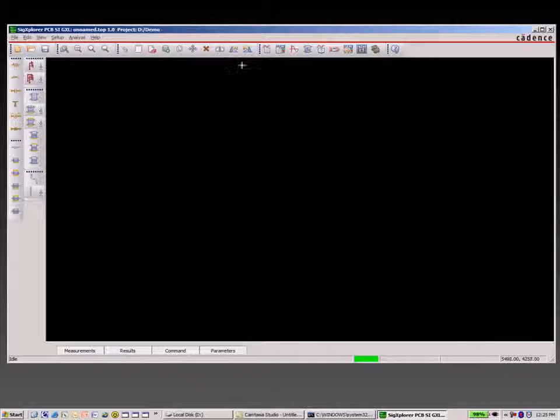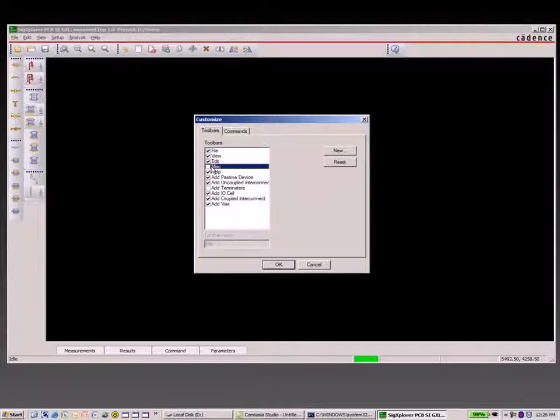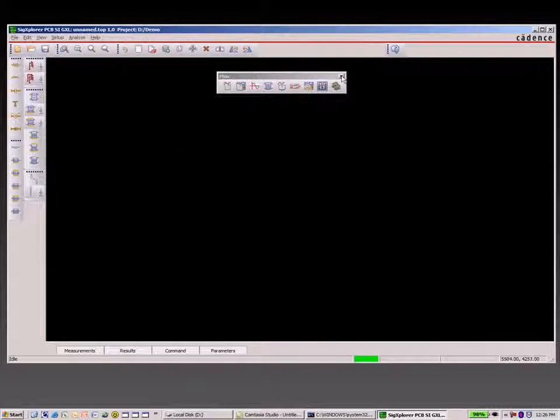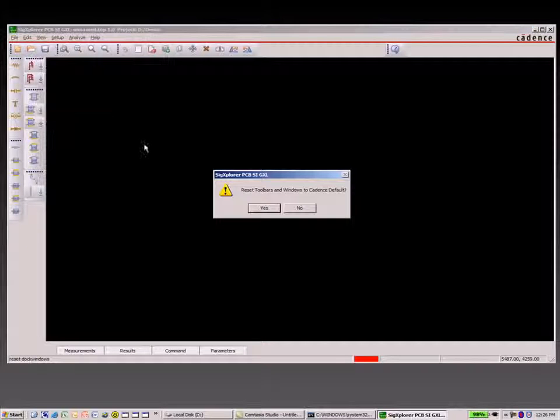You'll see there are also a bunch of new icons, some for adding components and some for existing functionality that never had an icon. If you've ever accidentally deleted a toolbar in the past, you know how difficult it was to get it back. We now have a command that will allow you to control the visibility of existing toolbars or allow you to customize and create your own. If you do get yourself into a point where you're not sure what state the GUI is in, or you just want to reset things, there's a new command to reset it back to the default that was supplied with the